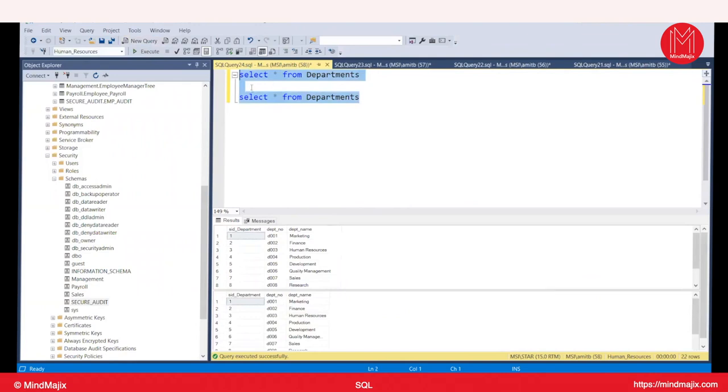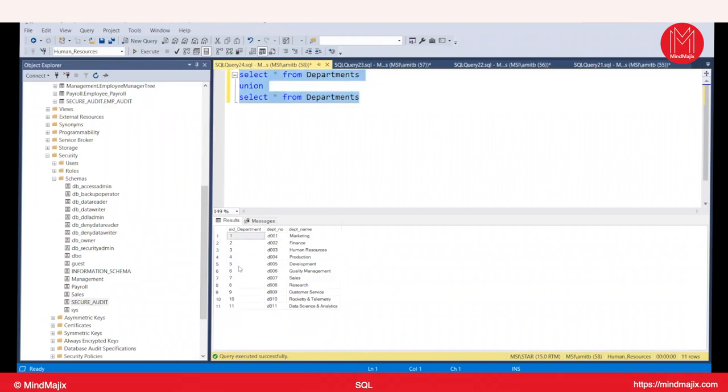Now what if you want a union? I need to apply the union operator between these 2 tables. Consider this table as 2 different tables. Now if I use union over here and I execute it, it will always return me all the unique values